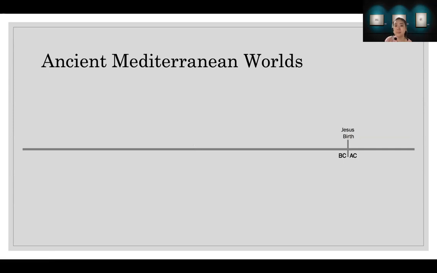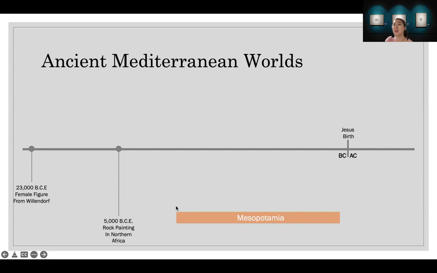So here is the female figure. No, here. So the era is the Neolithic period. So probably this sculpture was made of a common material at that time. And here, the rock painting in northern Africa is about 5000 BCE. And so Mesopotamia is here,